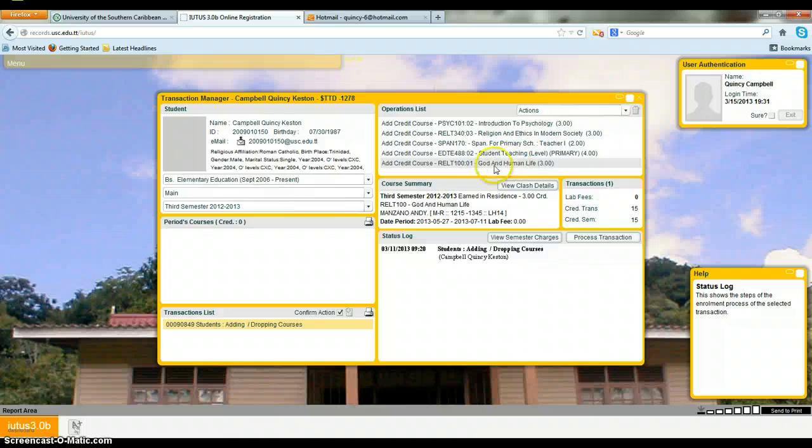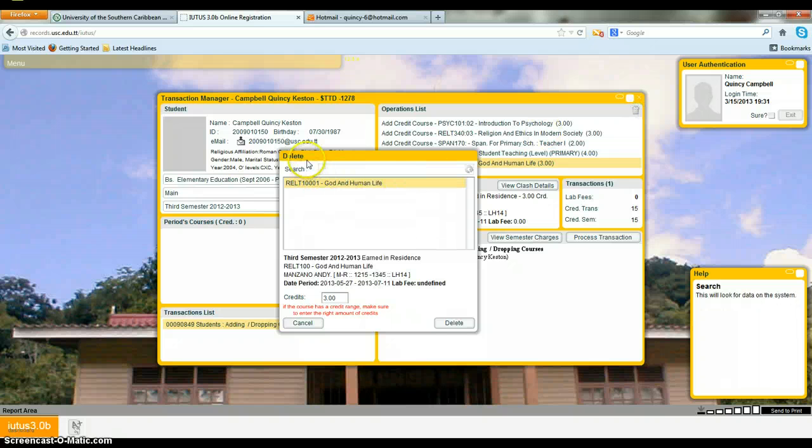If you don't want this course, to delete it, first you highlight it, you put the cursor right over here, click it once, and it turns orange. When you click that once, a little trash can right here on the corner, a little icon here, tells you that you can delete it. So you click on that once,